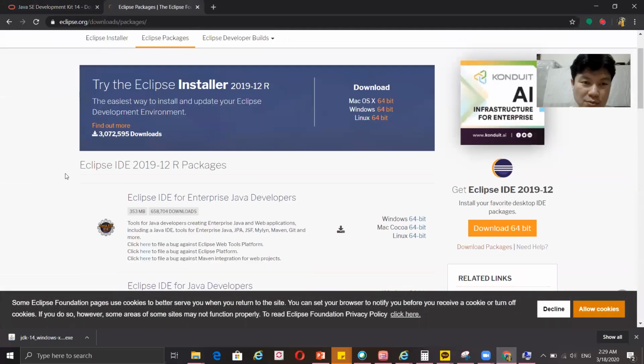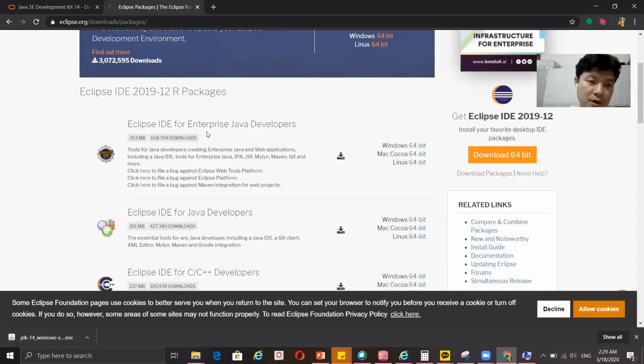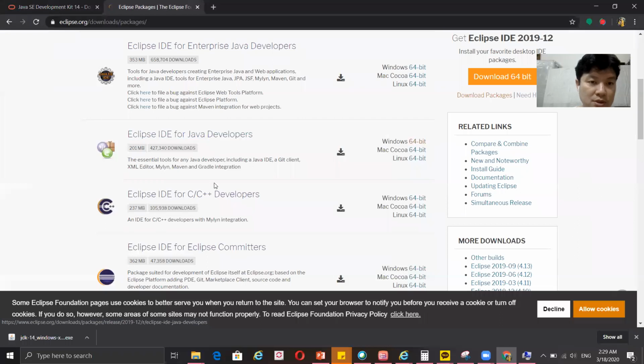There is an option that you can install using the Eclipse installer. But for me, I will just go with the Eclipse IDE for Java Developers. Actually, when you download this file, you will get a zip file. You can just download whether you are using Windows or Mac or Linux. If you use Windows, then you can just click here. And after you have this file,